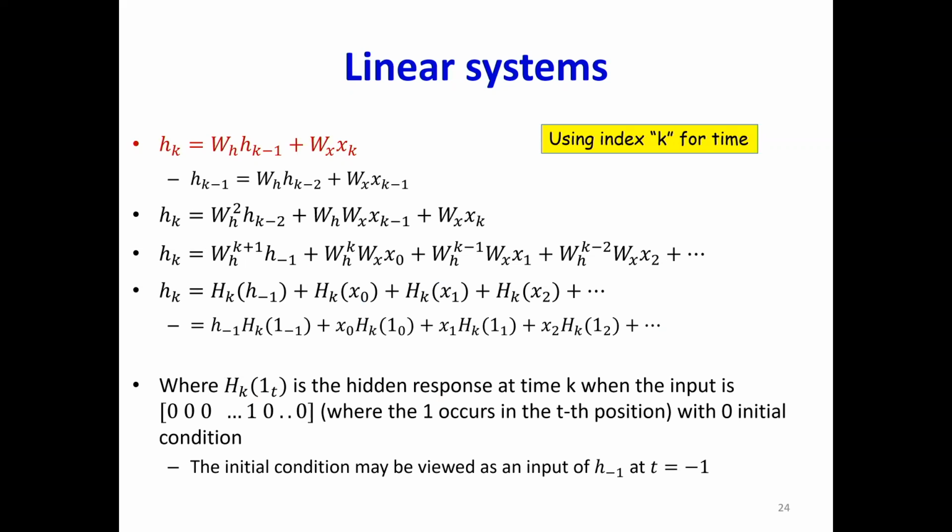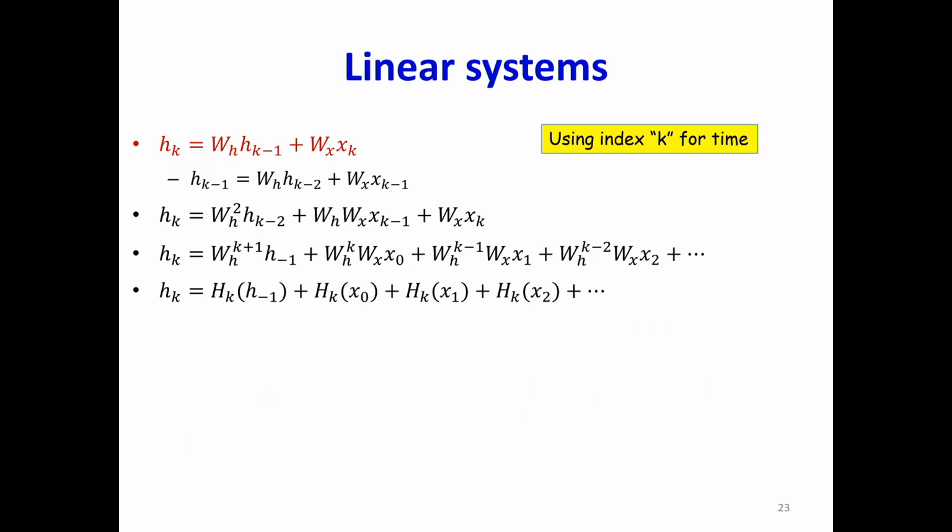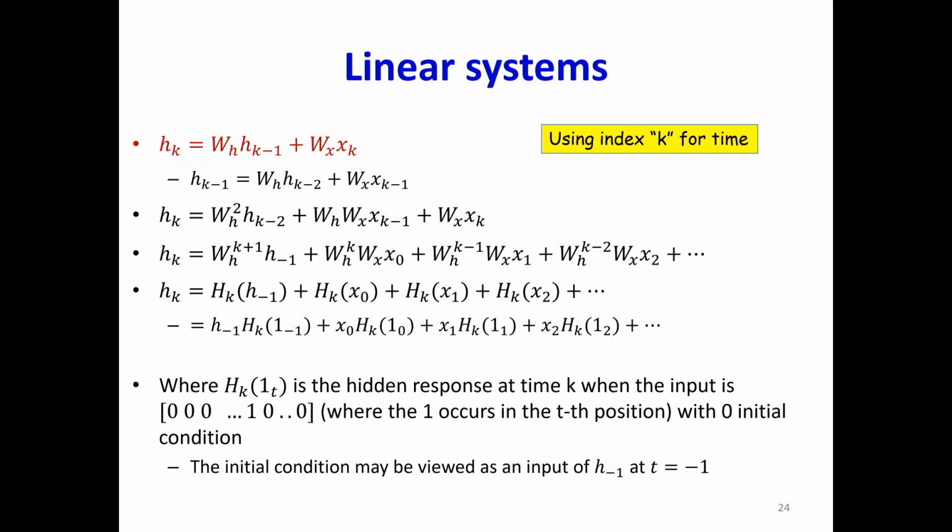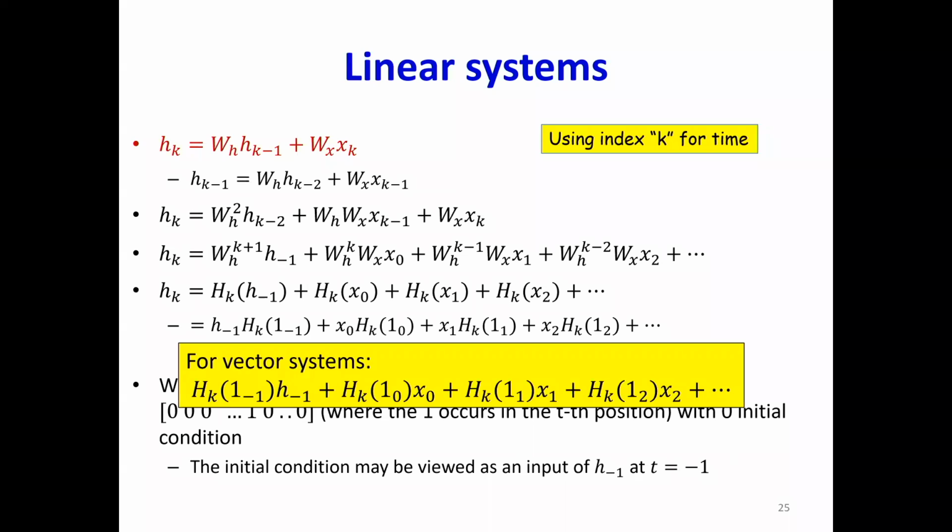Now here is the thing. If I want to analyze this, this is linear, so I can pull the x0 out, assuming all the inputs are scalar. So I can just write this as x0 times hk, which is the response at time k to a unit input at time 0, right? Because it's linear, x0 comes out. And h minus 1, I can just think of it as an initial condition. Let's assume it's 0, okay.